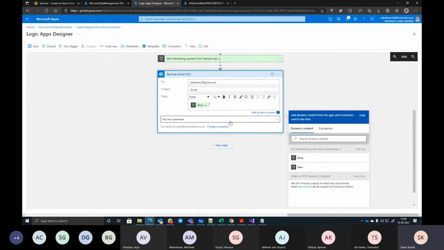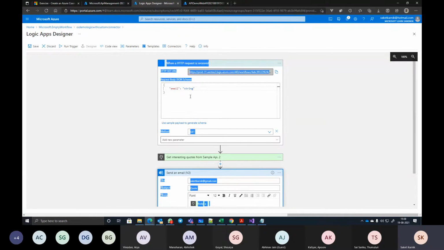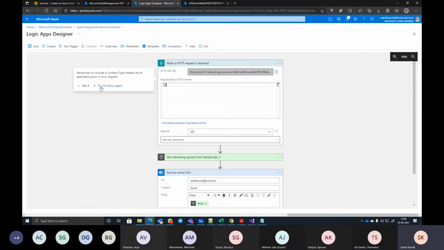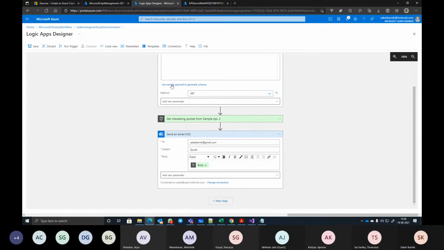I'll say the body. And then again I go back here and remove this. Set it back to the original one. Okay, it's a simple get request only coming in and save.